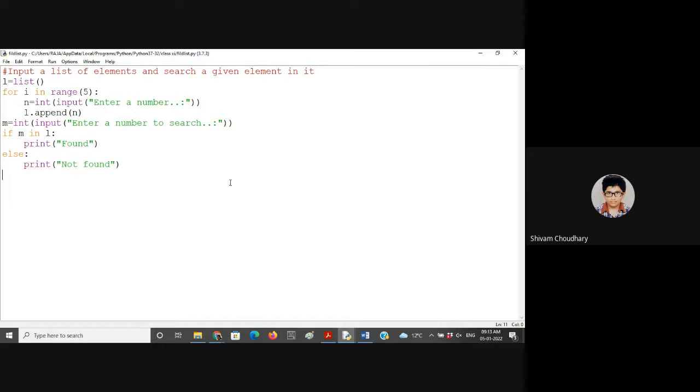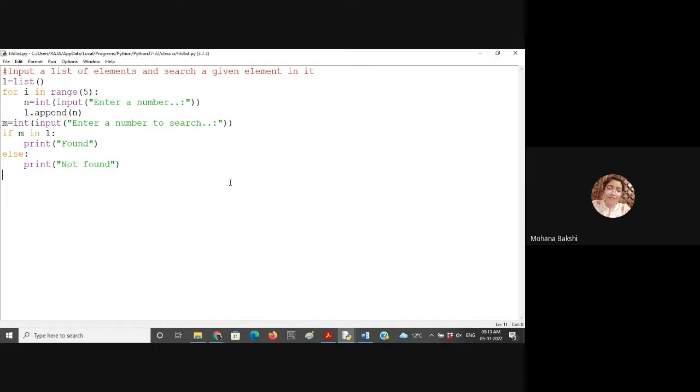Ma'am, do we have to find out the index value, or just find whether the element is present or not? If you have to find the index value, then you have to use some other function. Which function will you use? Tell me that. There are other functions to print the index value of a given number that you have already learned in list. The membership operator does not return the index value, right? When finding, we can use...